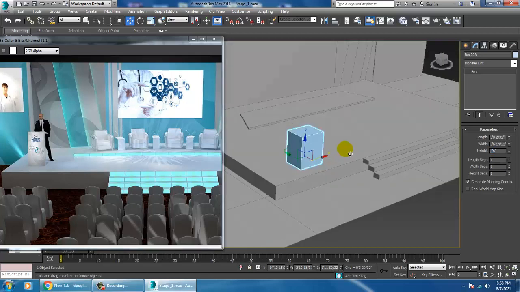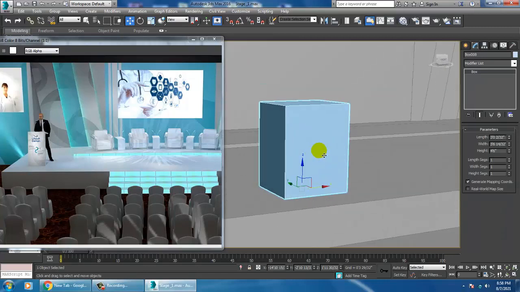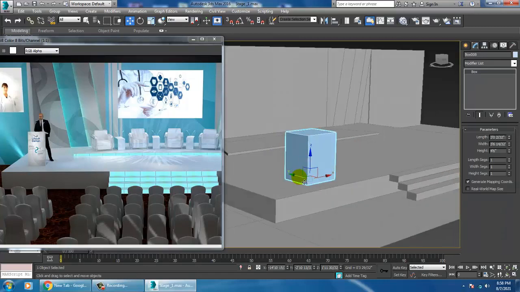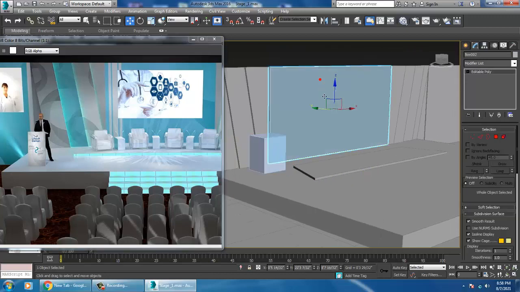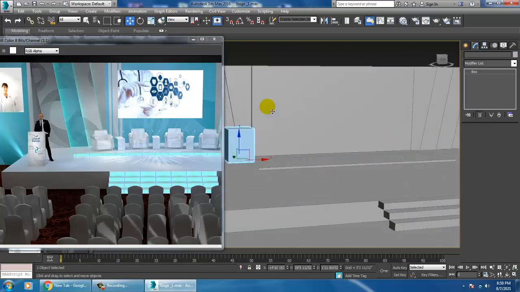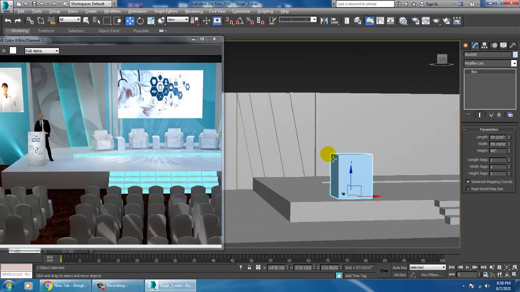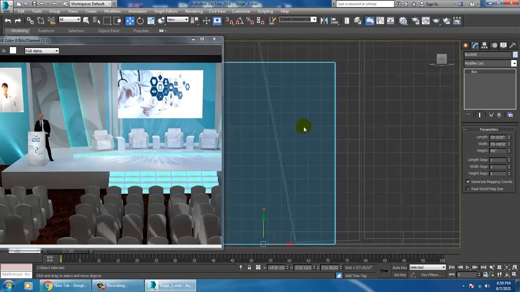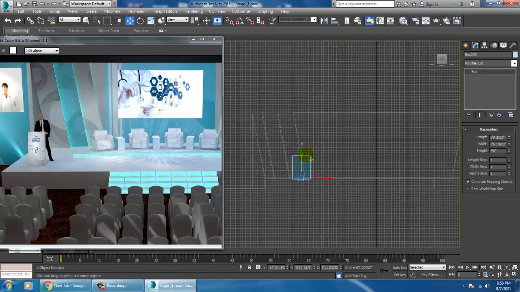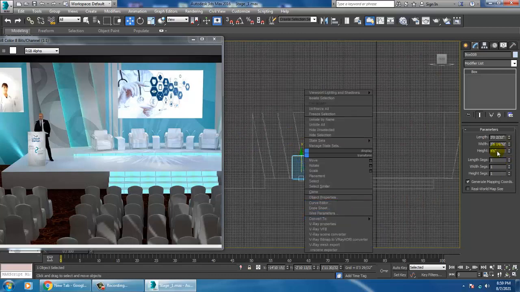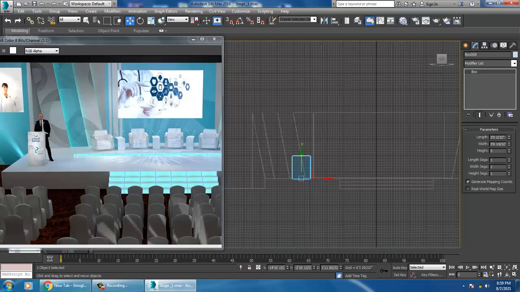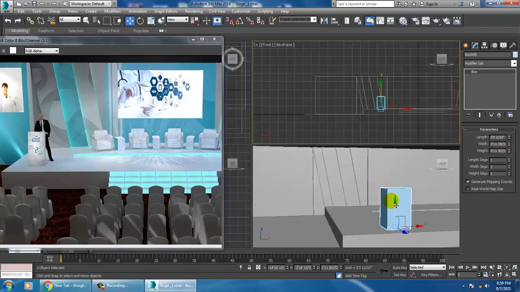The overall height of this is around 12 to 13 feet, so this is okay, but I can slightly increase it. Let's make it 5 feet. I think 5 feet would be better. Width, we can keep around 2.5.